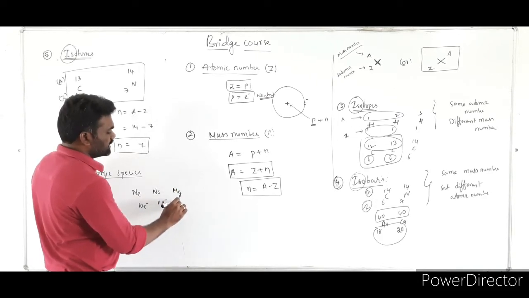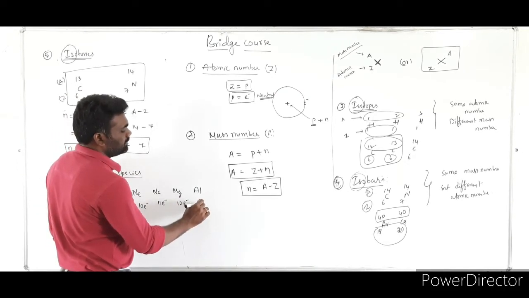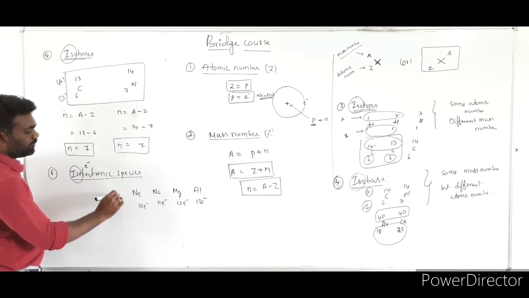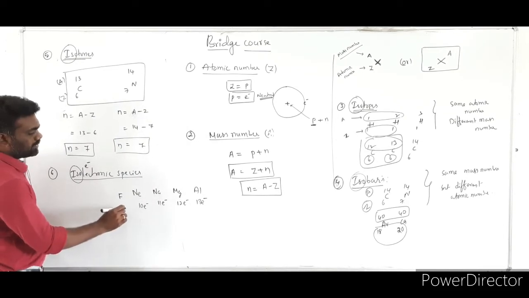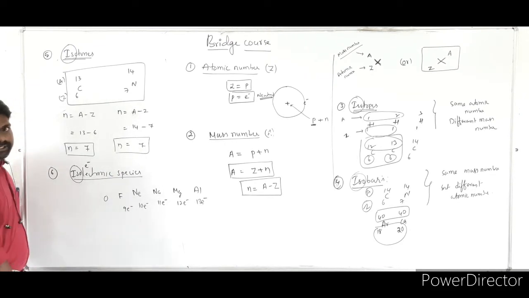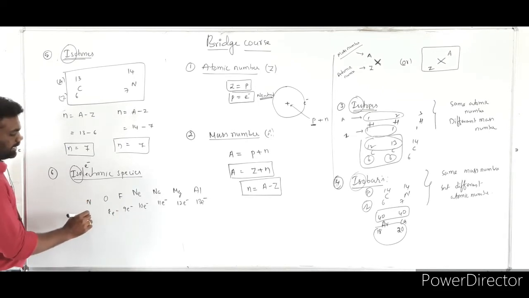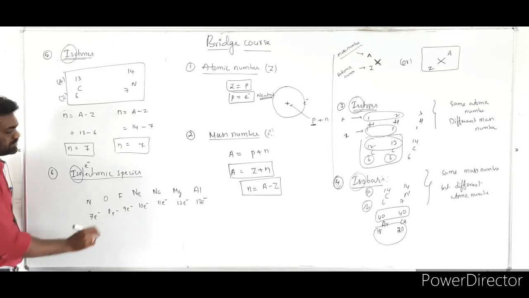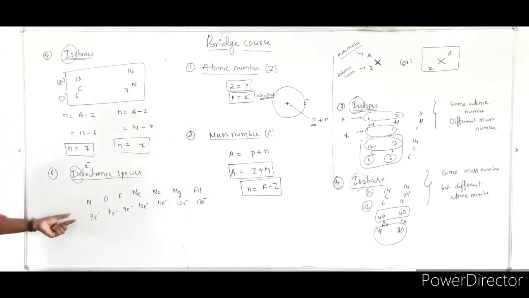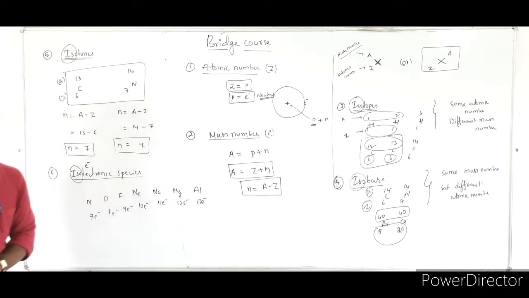Number of electrons in this case is 12. I am taking aluminium. Number of electrons is 13. And before neon we have fluorine. Fluorine has 9 electrons. And I am taking oxygen. Oxygen has 8 electrons. I am taking nitrogen. Nitrogen has 7 electrons. Nitrogen, oxygen, fluorine, neon, sodium, magnesium and aluminium. I counted the number of electrons: 7, 8, 9, 10, 11, 12, 13 and so on.